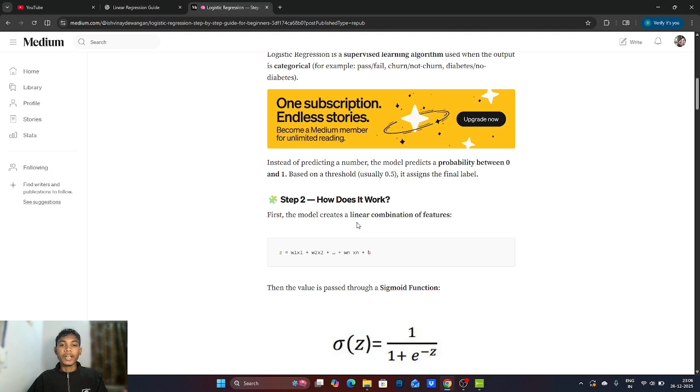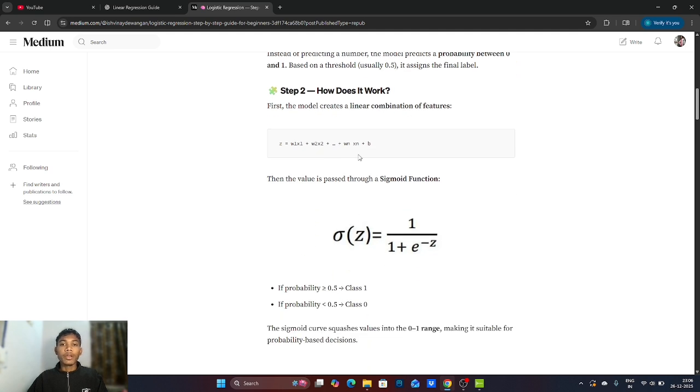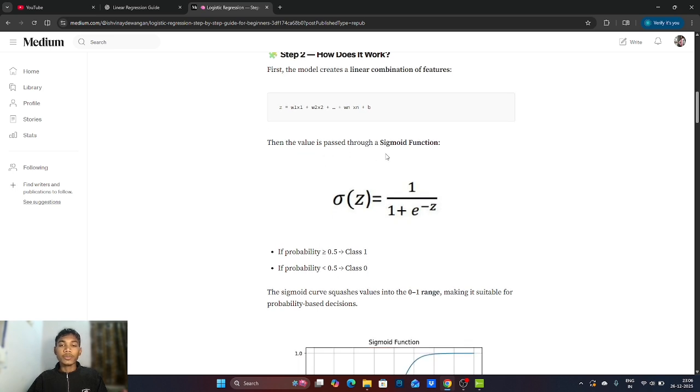How does it work? Let's see. First, the linear combination of features, which has the equation z equals w1 x1 plus w2 x2 and so on up to wn xn. Then the value is passed through a sigmoid function, sigma of z equals 1 divided by 1 plus e to the power minus z. If the probability is greater than 0.5, then it is classified as 1,